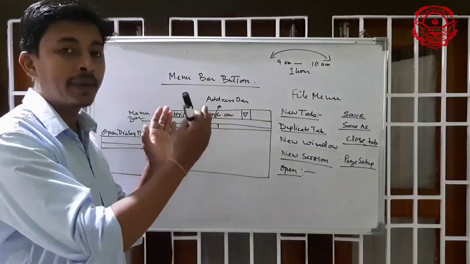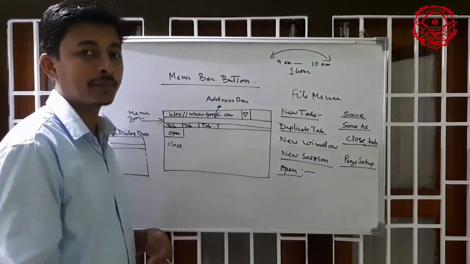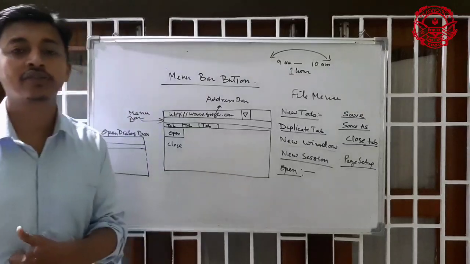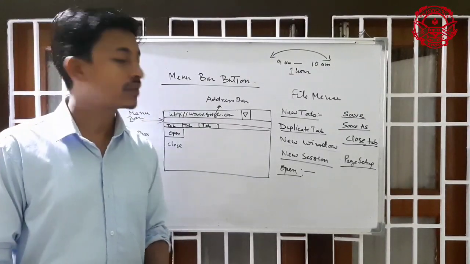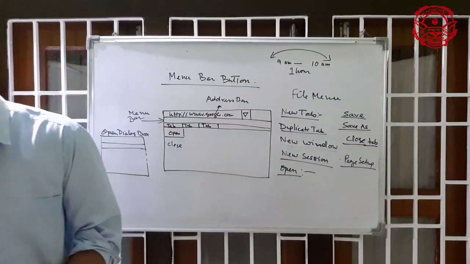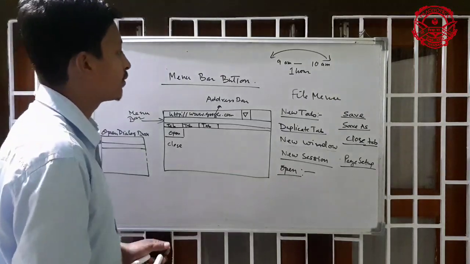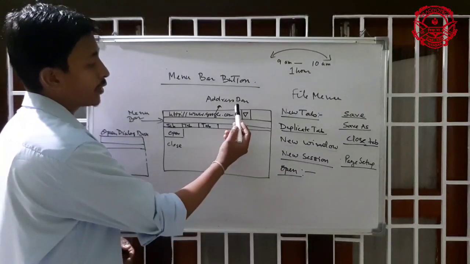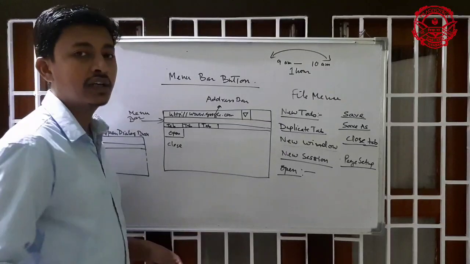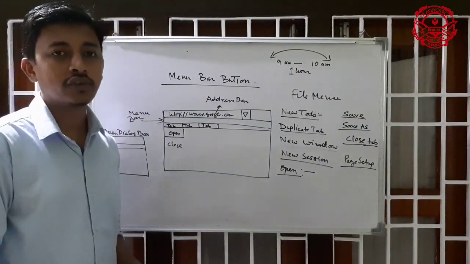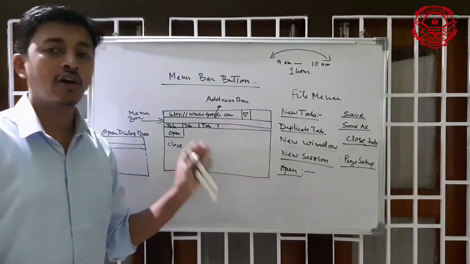Orientation means page orientation, whether it is portrait or landscape. There are two options in page orientation: portrait mode and landscape mode. So that's why you can change the page orientation. And the last thing is headers and footers. The header is at the top of the page, and the footer is at the bottom of the page. Here we can change all these things. So in the page setup options, it's very important that you can change these options.